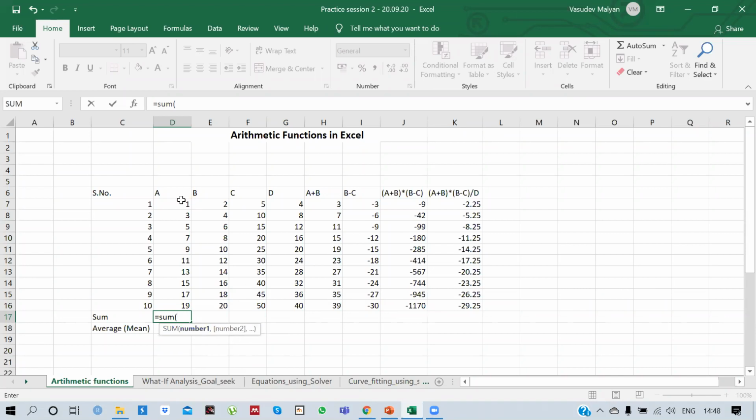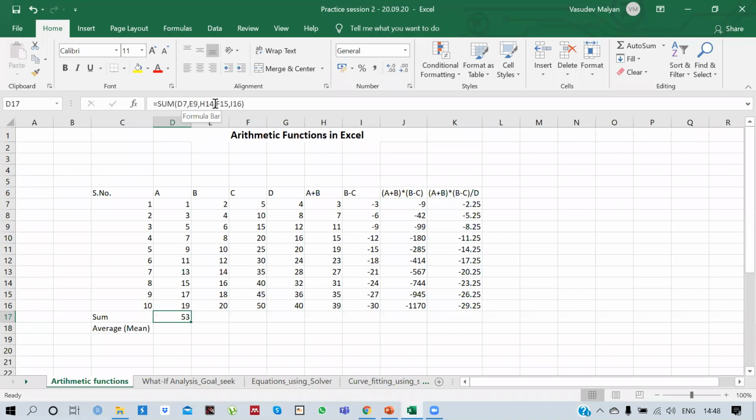So let's say if I select the first element from variable A, this element from variable B, this element from variable A plus B, this from C, and this from B minus C, and I close the bracket. It will sum only these elements. Okay, so you can see in the formula bar, there's D7, E9, H14, F15, and I16.